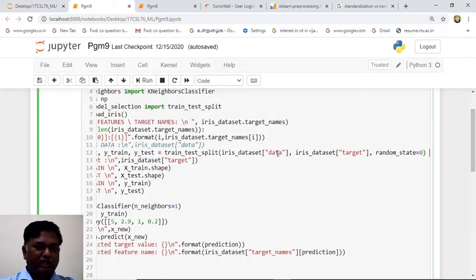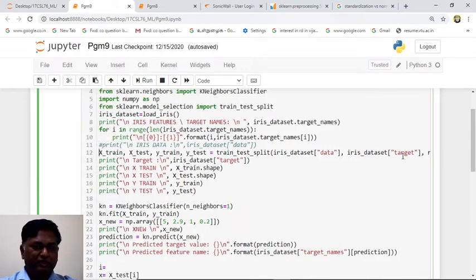This is your iris data set data and target, and both are taken separately. The data part, that is the features, and the target are taken separately for training as well as testing. Data are selected randomly. This is to set whether you are selecting the data set randomly or want to follow a sequential order.